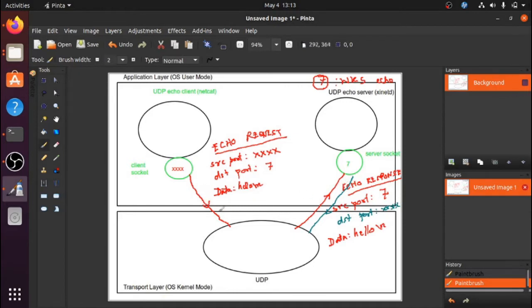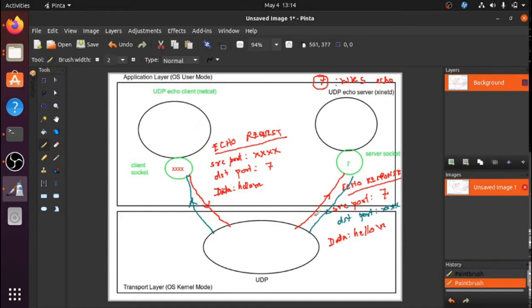So we can see that the packet, and of course this packet goes here, it passes through this transport layer. The transport layer UDP protocol says, oh yeah, I know what to do with this packet, because this datagram is meant only for a process which is running here in the same machine. So I'll simply forward this data back to this echo client. And once the echo client sees this response packet, it says, oh yeah, I'm just going to print hello, because that's what I received from the server. Okay, so till here I think it's okay.